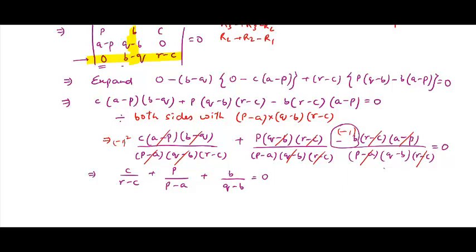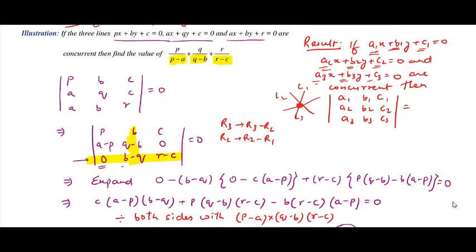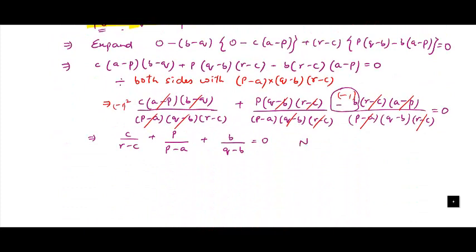Alright, so let's see what value we needed in the question. Now we want p, q, r in the numerators. The numerator should contain p, q, r, and the numerators that we have here are c and b. This is a problem and this is a problem. This numerator is correct. We wanted p in the numerator, we had the term p upon p minus a. So let's try to do some manipulation. A simple manipulation would be to write it as c minus r plus r upon r minus c.